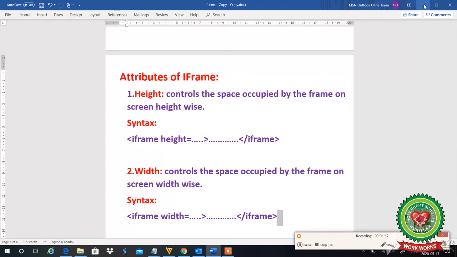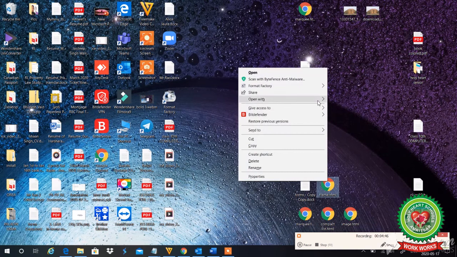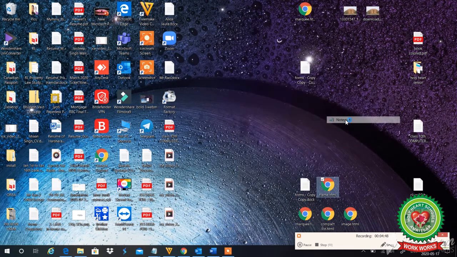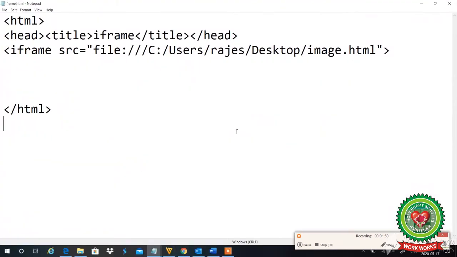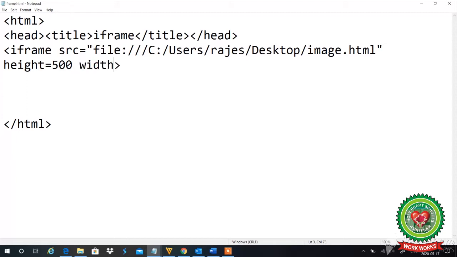Now till this see the practical. For that I will open my notepad and after image src and path I will give one space and I will write height, let's suppose I want 500 pixels, space, width, let's suppose I want 700 pixels.